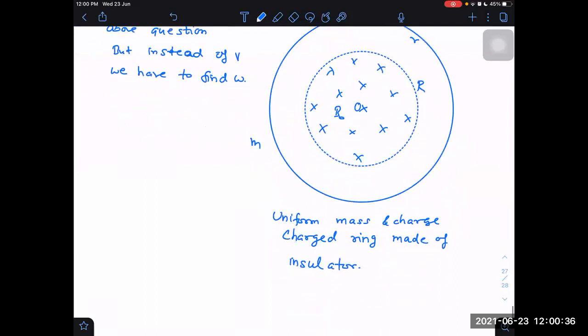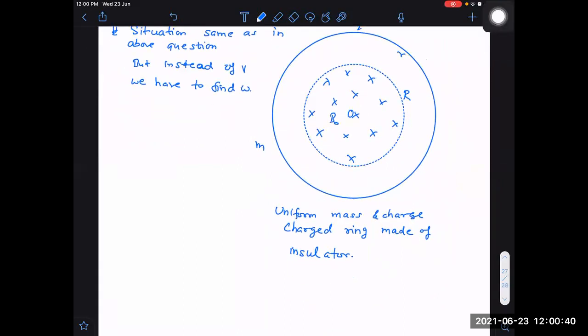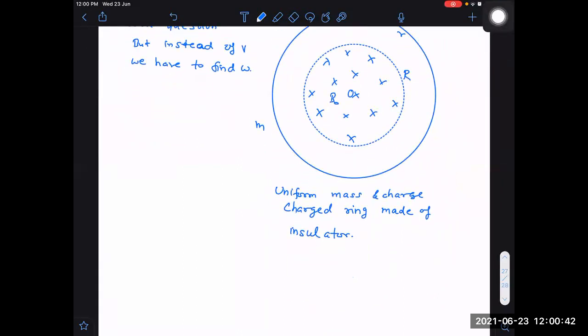So can you get the omega? And how will you get it? Sir, one torque second, Q into E is the force. Force into 2 pi r is the torque. Right? Yes, sir. I into omega is nothing but torque into time integral, which will be equal to Q into 2 pi r into dp, I think.